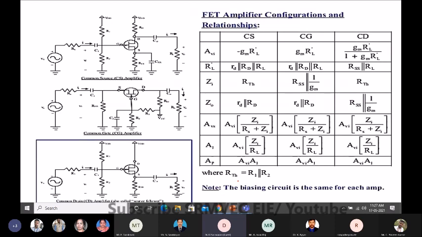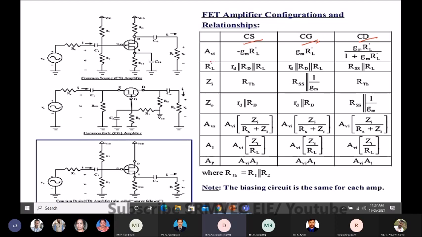Right. So what is the relationship? Here also three different configurations are there, similar to your BJT: common source, common gate and common drain. Okay, so in common source, the source is common for input and output. In common gate, the gate is common for both input and output, and in common drain, the drain will be common. So that is how the configuration is, and this is the configuration diagram from which you will get your output.